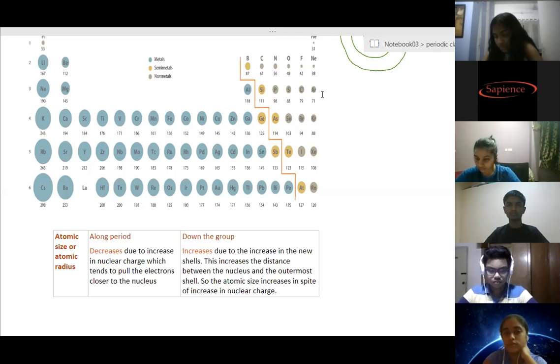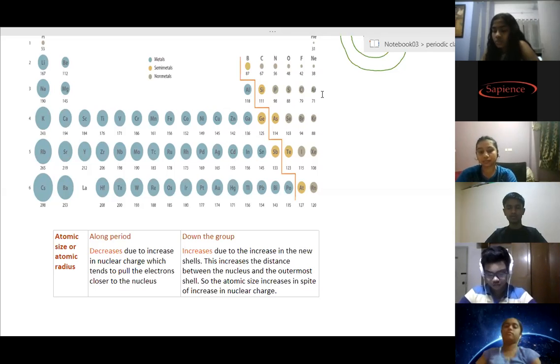And as we move down the group, what happens? Increases, because shells will increase. So as the number of shells increases, the atomic radius also keeps on increasing. Now metallic character. Saptashi,